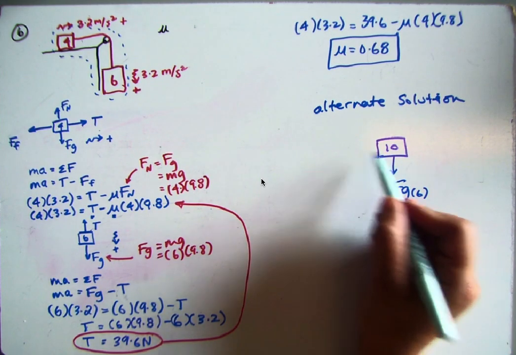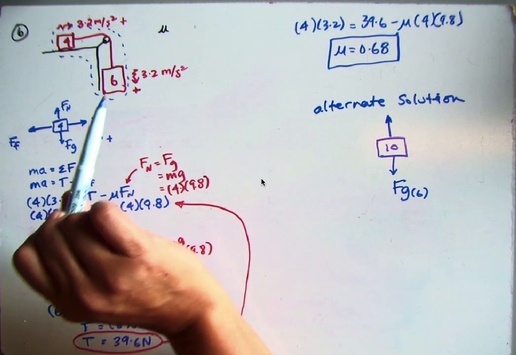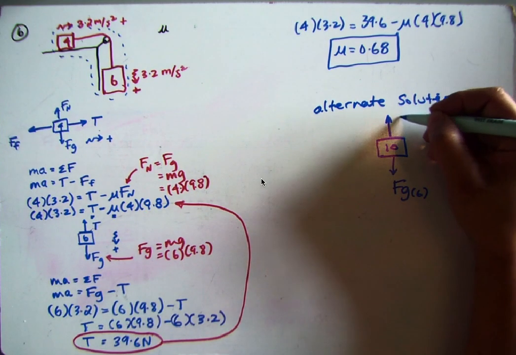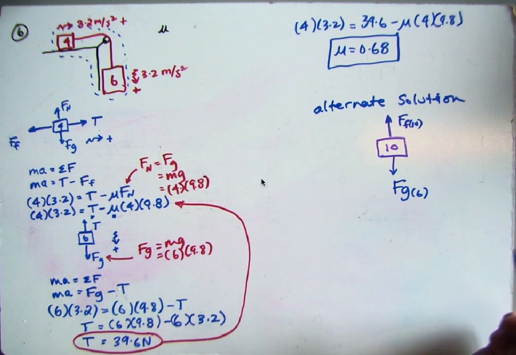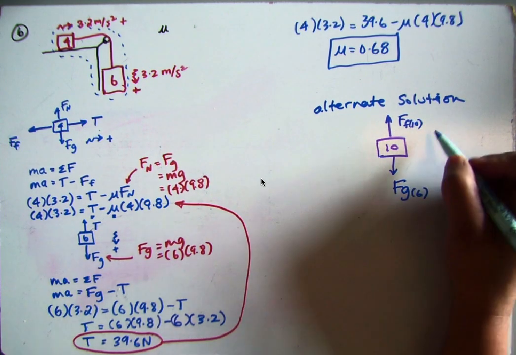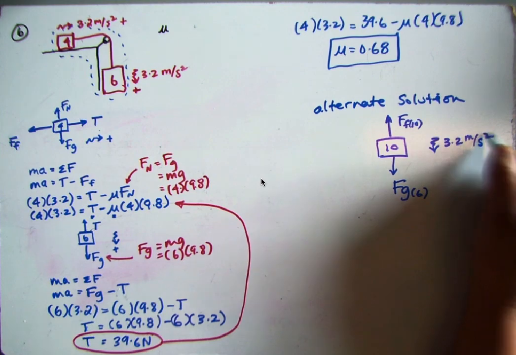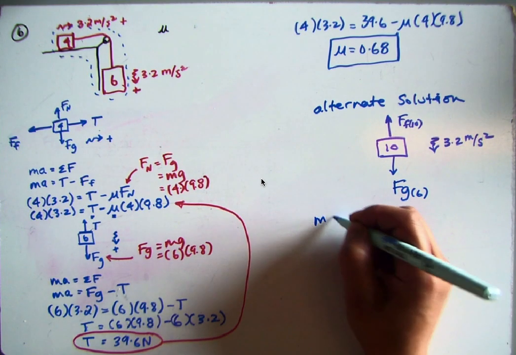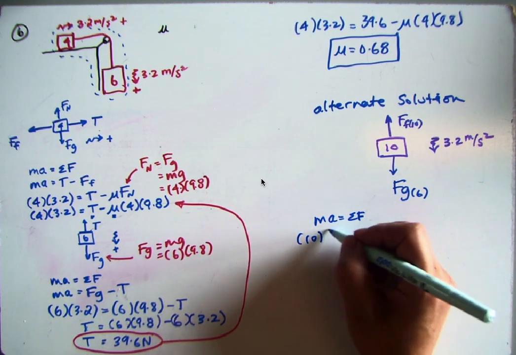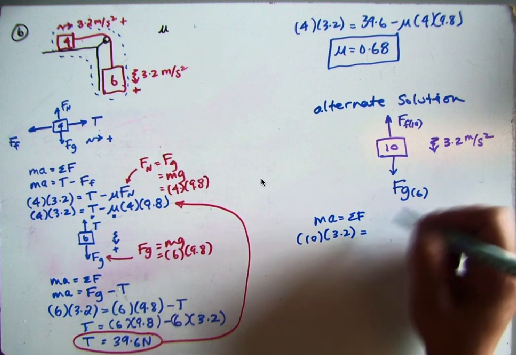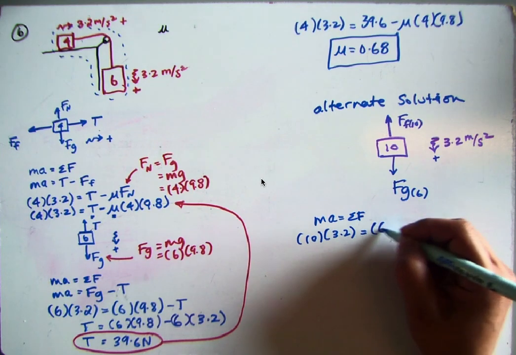I could draw it like this, but remember, this is just really a one-dimensional problem. This pulley doesn't change anything but give it a kink. So even though it looks weird, I'm going to say force of friction on the 10 kilogram mass. And I'm just going to show it as opposing the acceleration of this object. And I know this accelerates at 3.2 meters per second squared down. So now I can set up my ma equals the sum of the forces. And when I do that, I get 10, because that's the free body diagram I'm looking at, times 3.2 equals, now remember we're taking this downward direction to be positive, so it's going to be 6 times 9.8